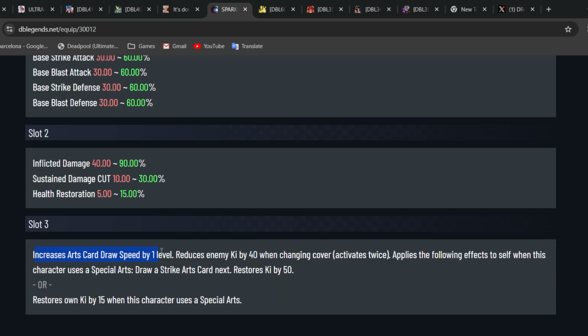And slot 3 needs to be cardio speed. Obviously they need base cardio speed. They don't have it. And they need -5 to all arts cost. And they also need this. If they cover change, they should reduce enemy key and destroy some of their cards to help them tank better. And I think once they switch out or switch in, they need